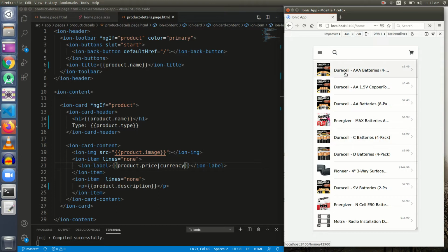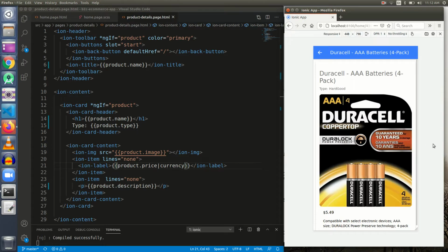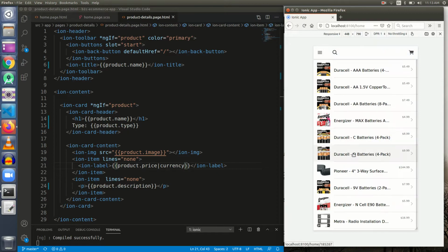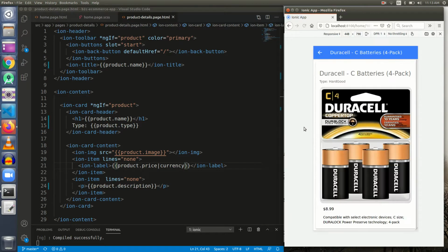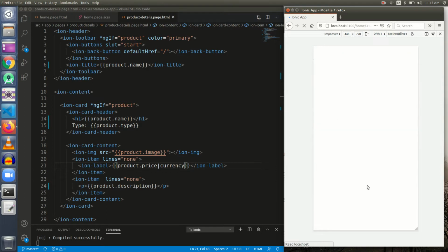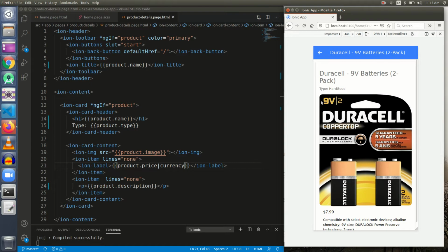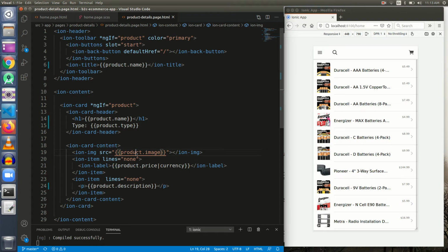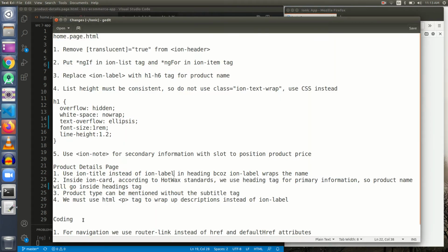Let me test it with some more descriptions. Don't just get content with testing your pages with just one set of inputs. Always try to test it with multiple sets of inputs, guys. That will give you an edge. Okay, so I think it's quite good. Let's go to the next point.